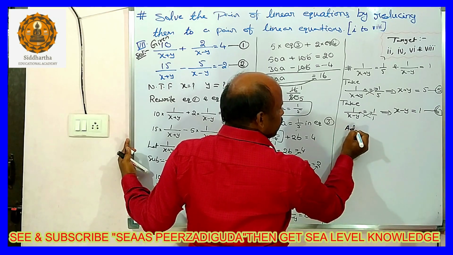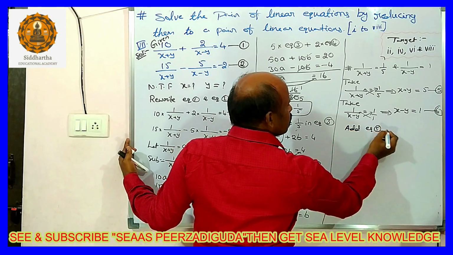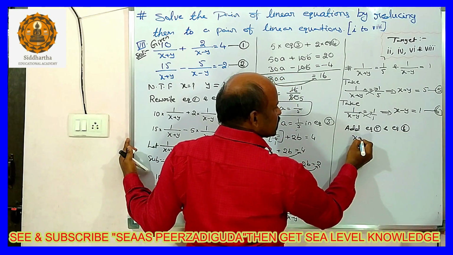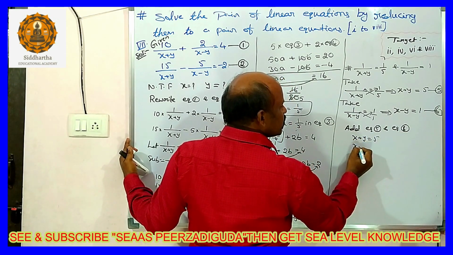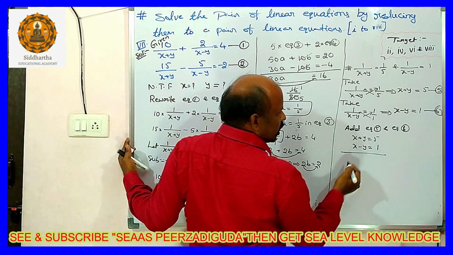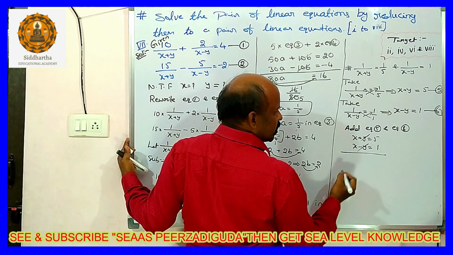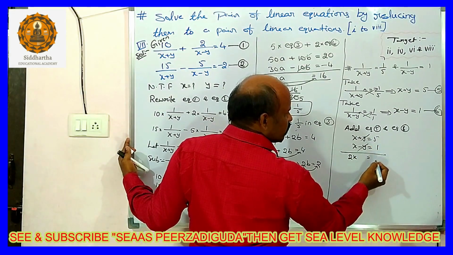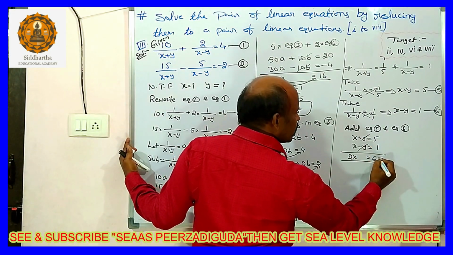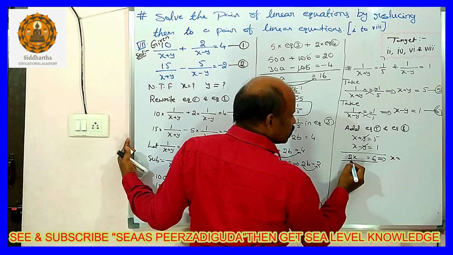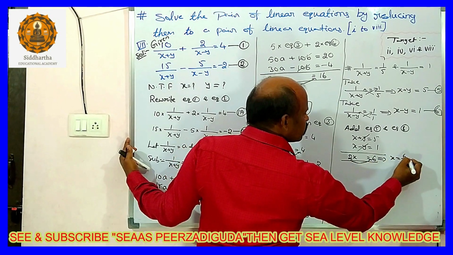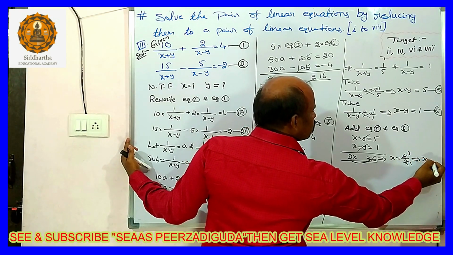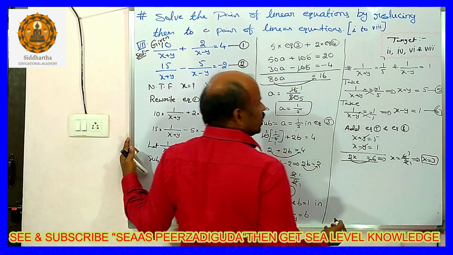Add equation number 5 and equation number 6. So when we are adding this one, x plus y is equal to 5, x minus y is equal to 1. So when we are adding this one, plus y minus y gets cancellation, x plus x, 2x. 2x is equal to 5 plus 1 is what? 6, 6 we got. This one I am going to implies x is equal to, this 2 I am going to take this side, 6 by 2. 2 ones are 2, 2 threes are 6, implies x is equal to 3. We got the value 3.